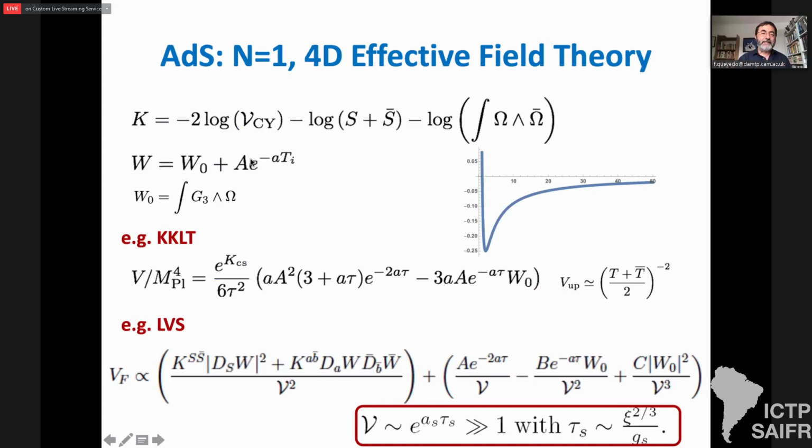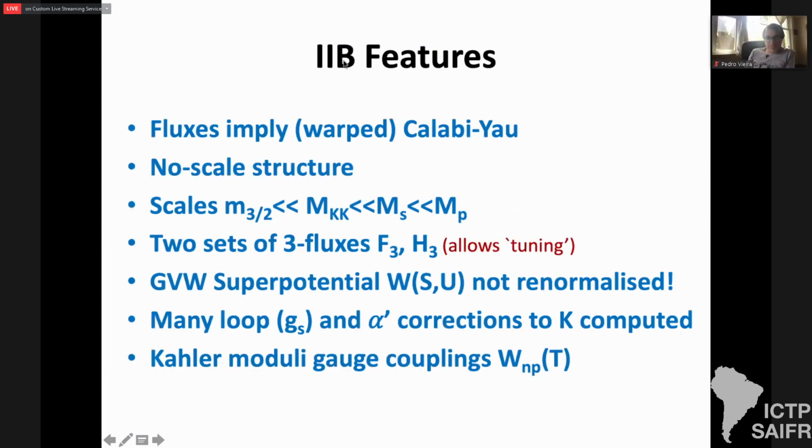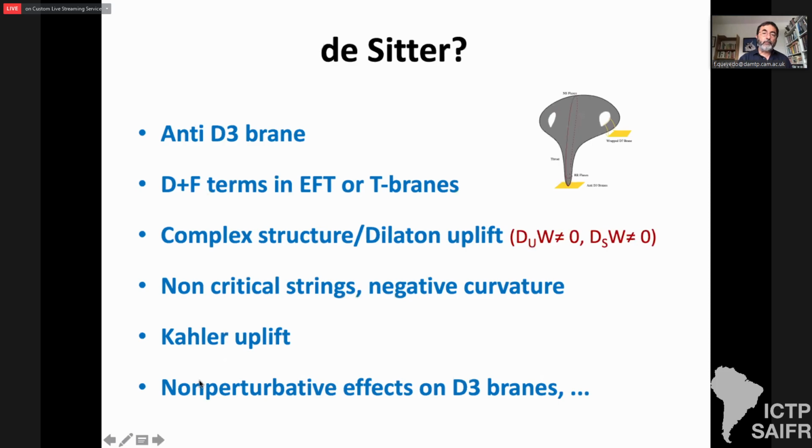Okay, so this is the KKLT and LVS potentials, and this is how you get the minimum to exponential large. And then you have features that the fluxes imply that you have still a Calabi-Yau or warped Calabi-Yau. There is a hierarchy, as Shami said. You have two sets of fluxes for F3 and H3 that will give you a big degeneracy, and so on. So to get the de Sitter, you may have this anti-D3 brane, as Shami said, at the tip